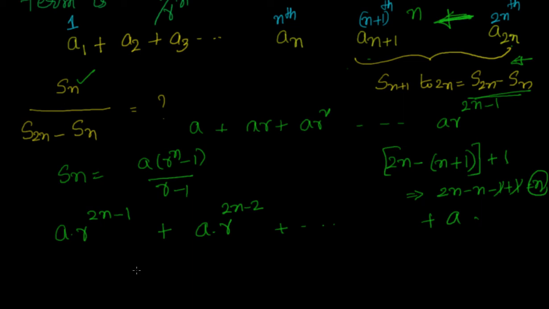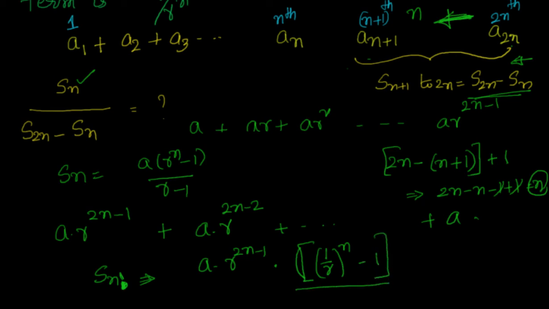So what I will do now? Now I will substitute the formula. I will say S of n, let us say S of n dash or something, so that it's easy to recognize. Now what is a? a into r to the power of 2n minus 1, that is a, into r. What will be r now? In the earlier cases r is r, now it will be 1 by r. So I will have 1 by r whole to the power of n minus 1.